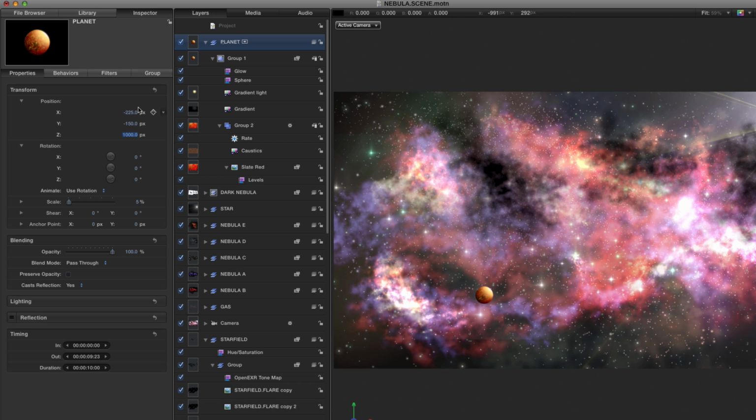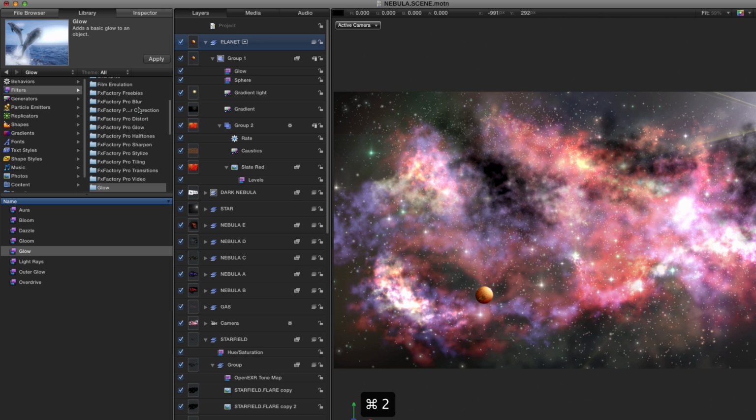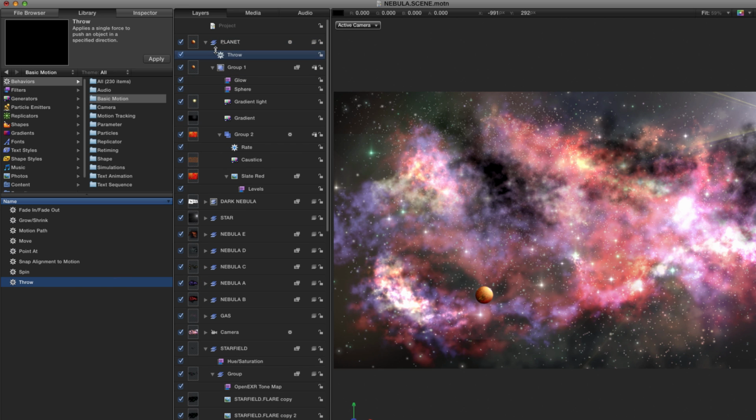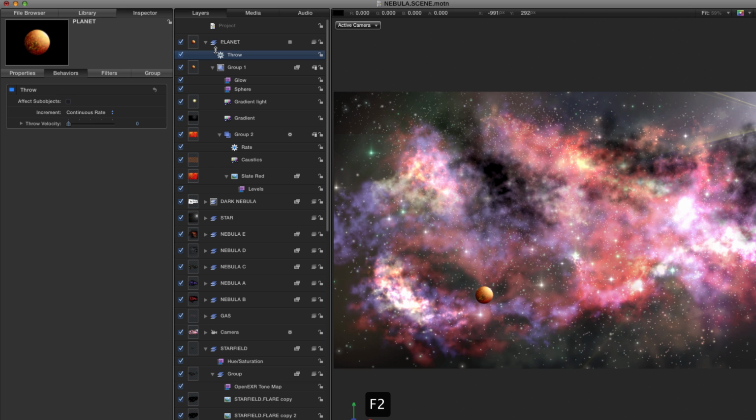What I'd also like to do is to add a throw behavior, so Command-2 for the library, behaviors, basic motion, throw, and I'll add that throw behavior to that planet group, and hit F2 for the controls, open the throw velocity here, and that throw Z value I'm going to set to 50,